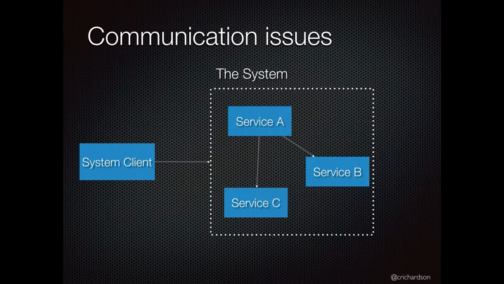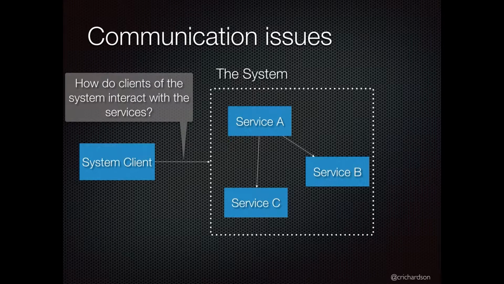So the first is how do clients of the system, so applications that are on the outside of the system, interact with the application. Before, the application was a monolith. You could effectively think of it as a single thing that exposed, say, a bunch of HTTP endpoints. Now, the system is comprised of tens or hundreds of services. So what exactly does a client of the system communicate with? And you can see that there's options, but that one approach stands out, and I'm going to talk about that